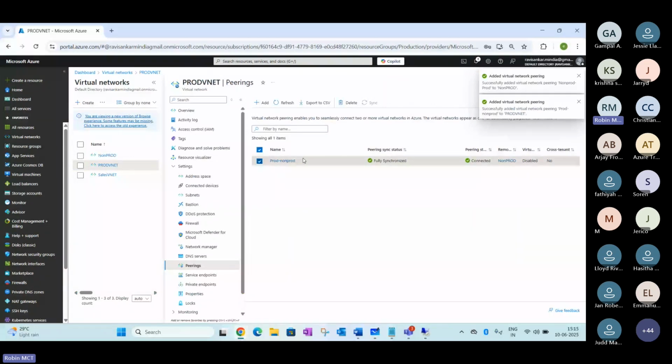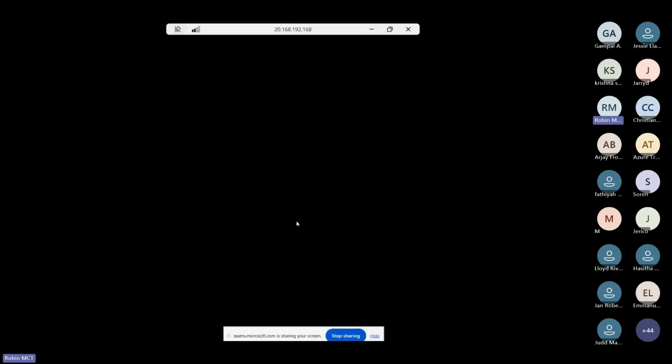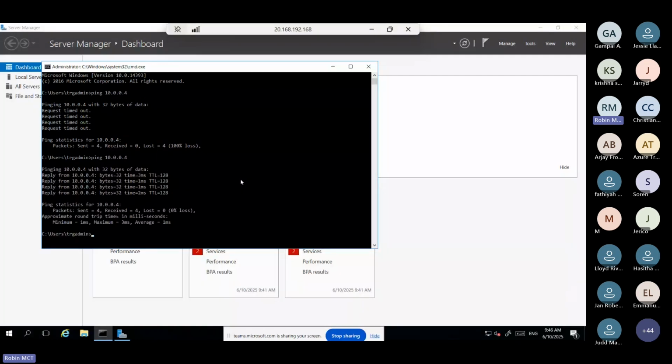And if you go to the non-prod properties also, you may be able to see there is a link created for reverse also here. So you don't need to enable any kind of routing manually here. The moment you enable a VNet peering, routing will be enabled by the VNet peering by itself. So you don't need to enable any kind of routing here. If you see here, right now we have enabled the communication. Now you see routing has been enabled on the backend. Now the communication is possible here. So the moment you enable a VNet peering, Microsoft automatically enables a routing here.